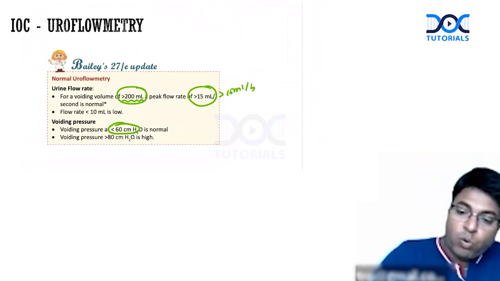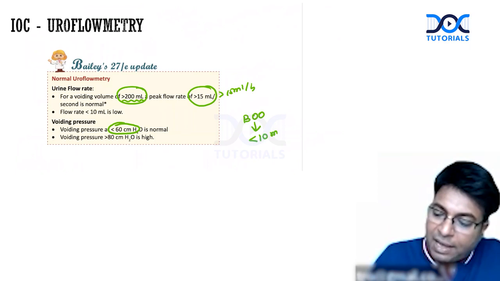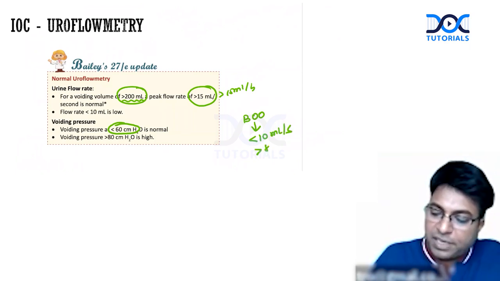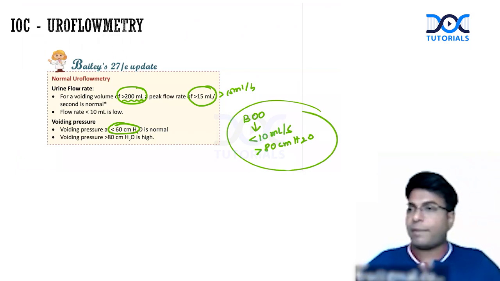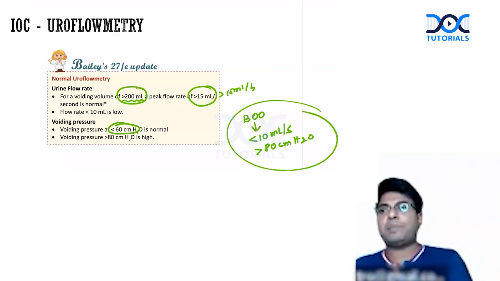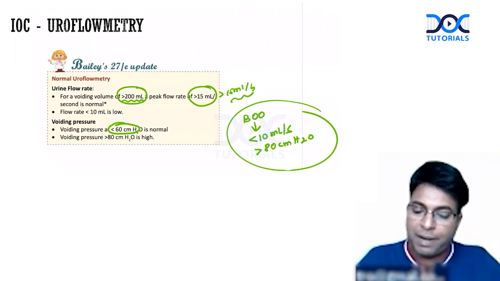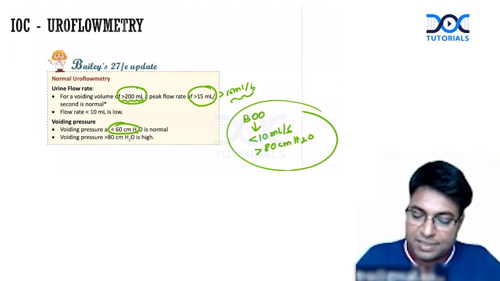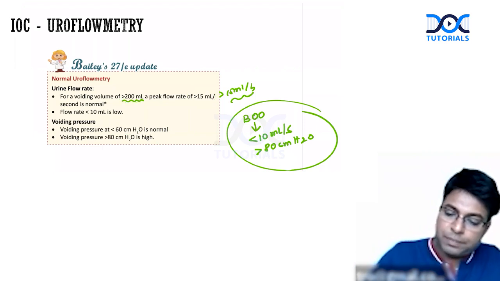Bladder outlet obstruction is defined by flow of less than 10 ml per second and the pressure going more than 80 centimeter water, not millimeters mercury. Okay, it is water. This is a highly expected value for your exams. It's very good, Bhargav Patel. Whatever you are telling is from Campbell, I think you are reading from Campbell, but Bailey says the simple answer of flow more than 15 ml and pressure less than 60 is normal. So these are the normal values. Don't forget the normal values.